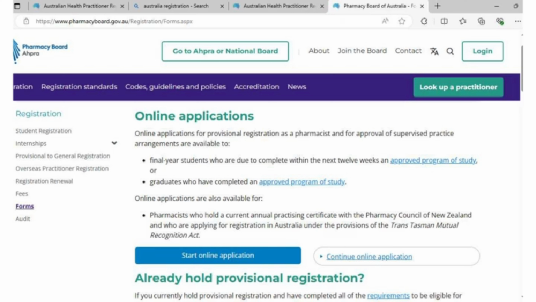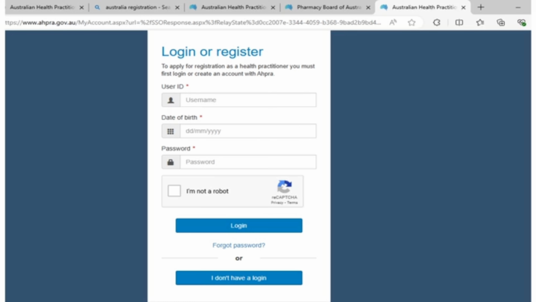Then the image comes same as the first image, login or register. Then you can select from there, I don't have a login. The same process: you can enter your first name, last name, date of birth and email address, and they will send a verification code. You can copy it and create your login. Then again you want to